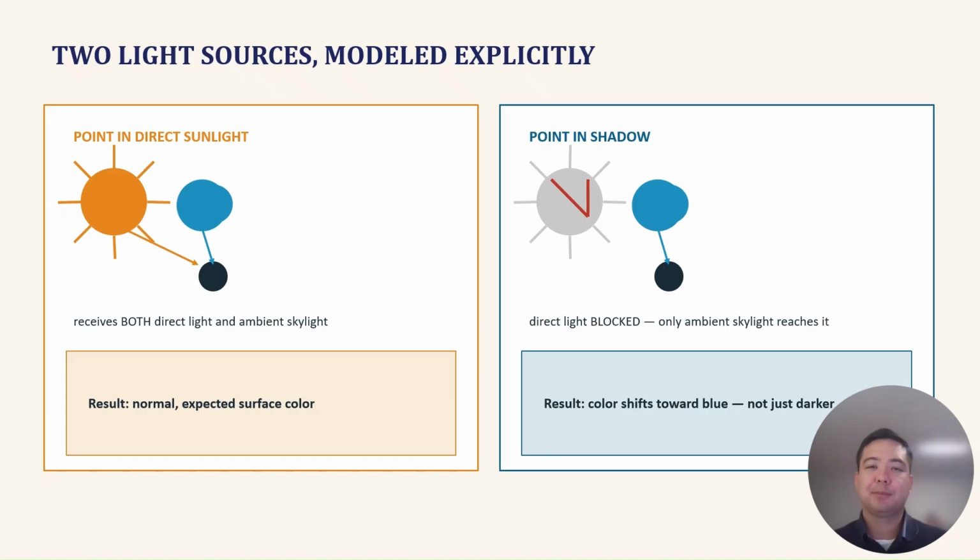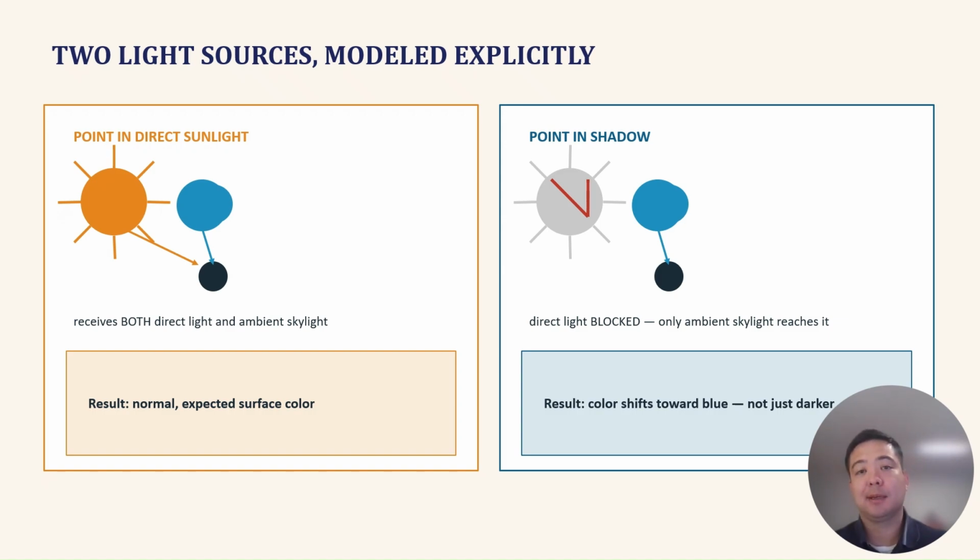Two light sources modeled explicitly. Here's the problem the Bi-illuminant dichromatic reflection model solves. Instead of assuming there's just one light source, it says there are two lights hitting everything outdoors at once. The direct sunlight and the ambient light from the sky itself. A spot that's in direct sunlight gets hit by both of these at the same time. A spot that's in shadow is blocked from the direct sunlight, since something is standing in the way, but it's